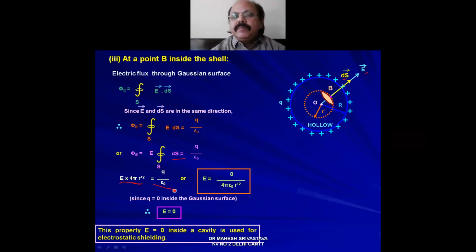But the charge enclosed by this Gaussian surface is 0. So that's why E equal to 0 upon 4 pi epsilon naught r dash square. So in that case, electric field E equal to 0 inside the spherical shell. So this gives a very important property